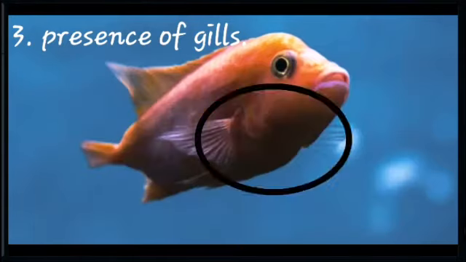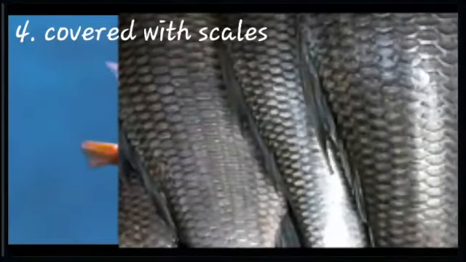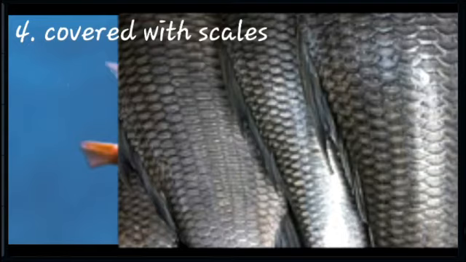The body of the fish is covered with scales, and these scales are waterproof. They also have mucus on the scales. Okay, so it makes the scales waterproof. और वाटरप्रूफ होने की वजह क्या है? ताकि पानी की वजह से बॉडी ख़राब ना हो जाए, सड़ नहीं जाए. So they have scales to prevent the damage because of the water.